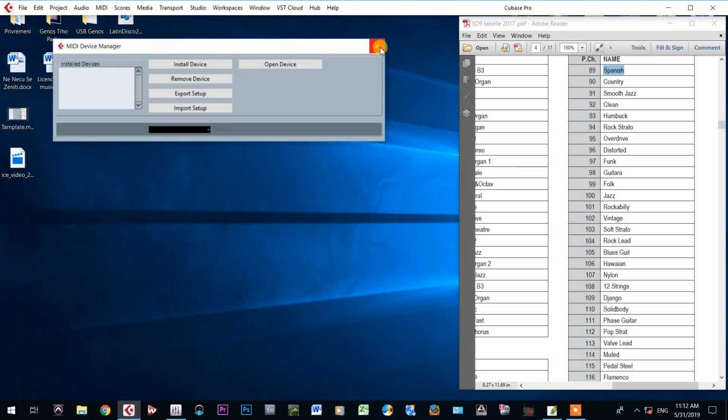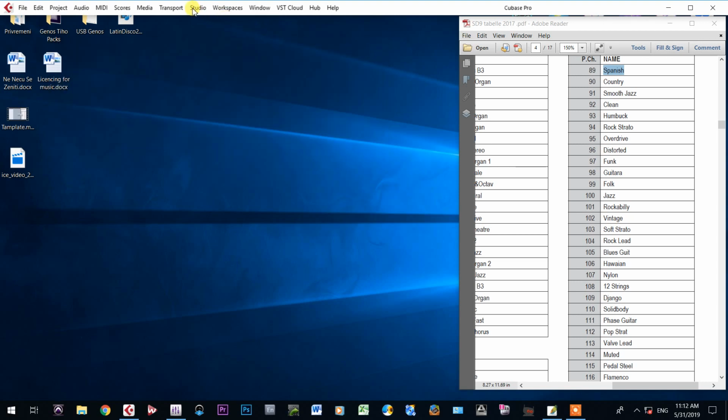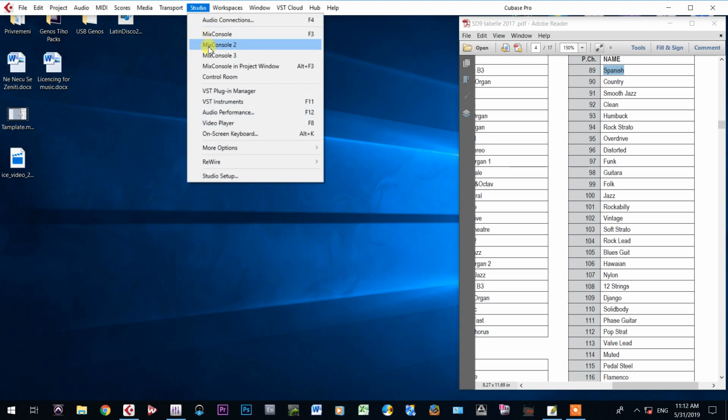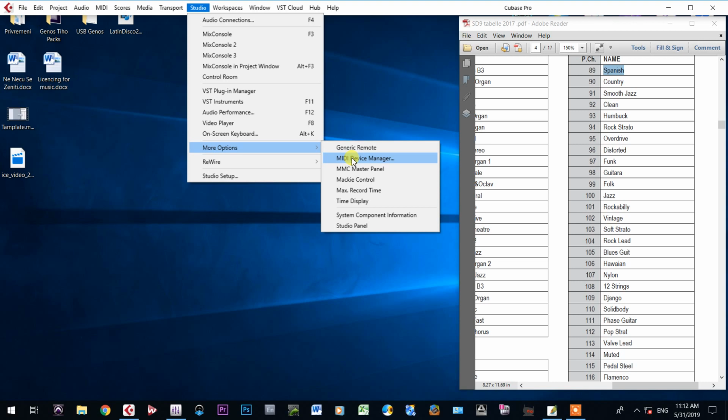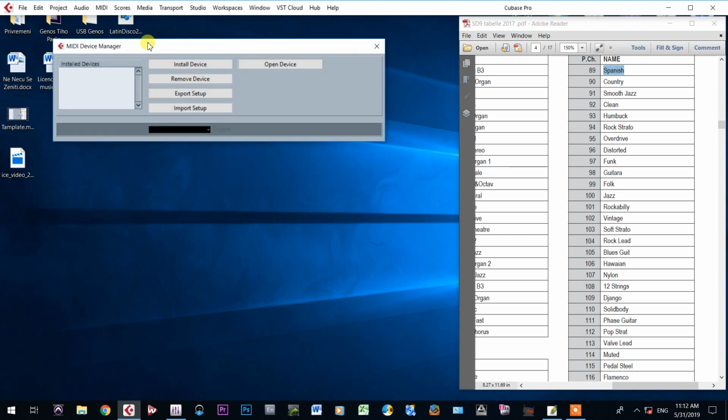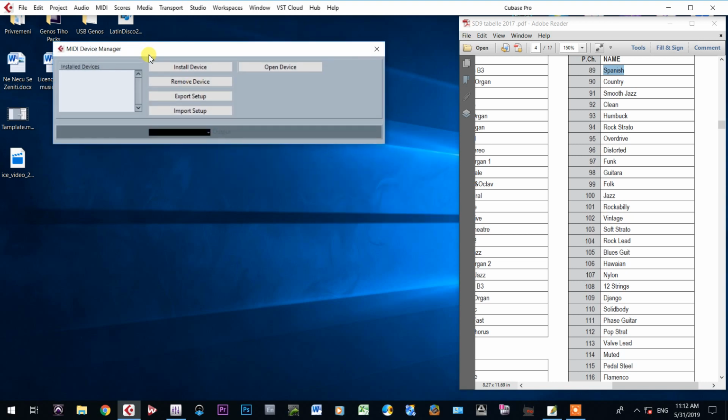If you have a previous version of Cubase, you will see here Devices, you will click, and then right away you will be able to see this option, MIDI Device Manager. But in Cubase 10, as I told you, you will go under Studio, then More Options, MIDI Devices, and you will get this MIDI Device Manager. When you get to MIDI Device Manager,